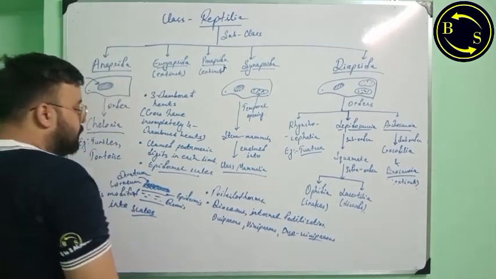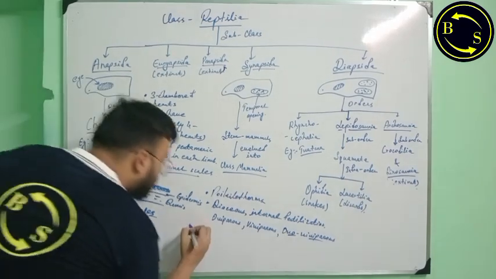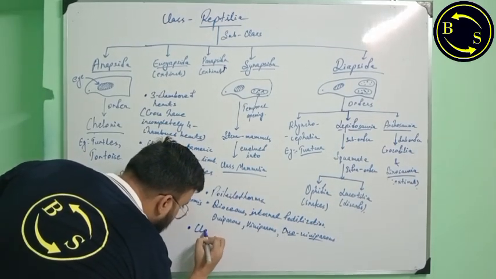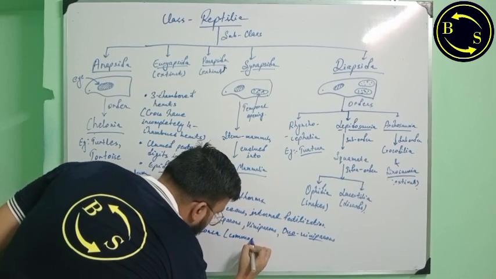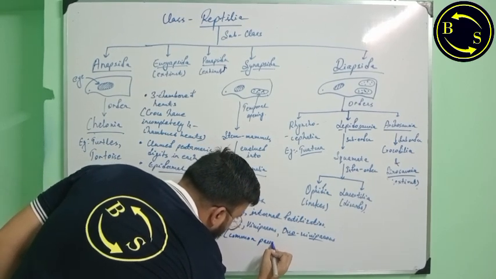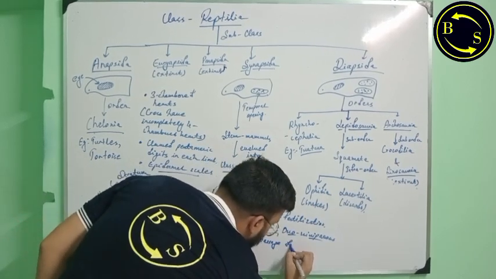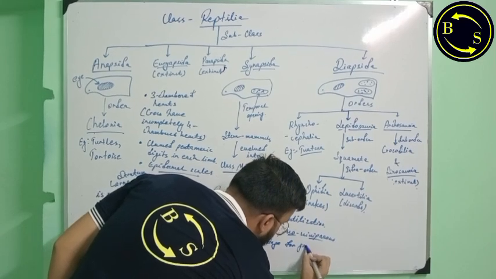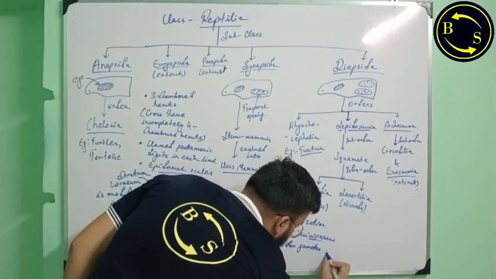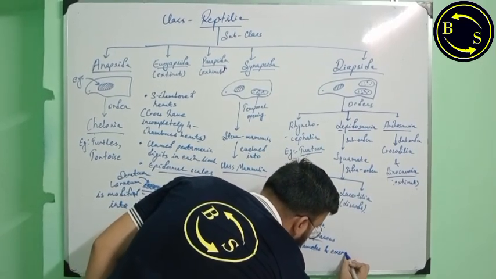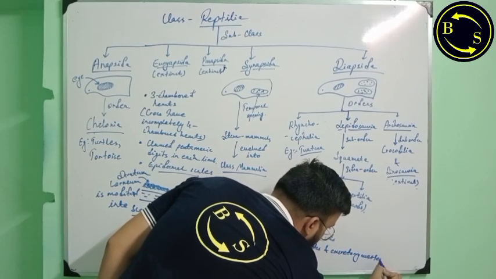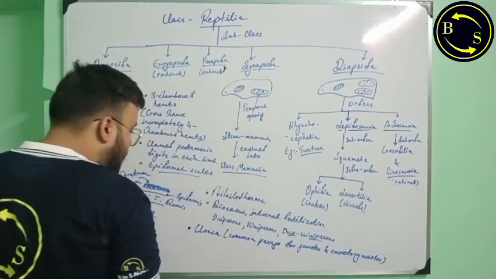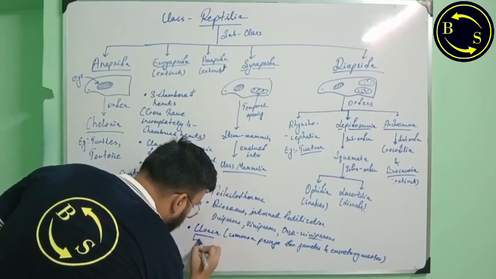Reptiles also have a cloaca, like in amphibians. Cloaca means common passage for gametes and excretory wastes. Okay, cloaca. Now this cloaca is also found in